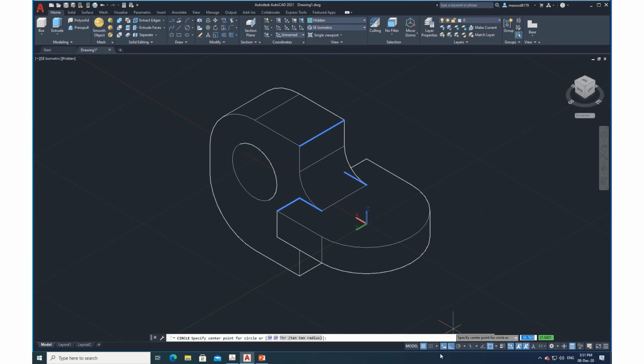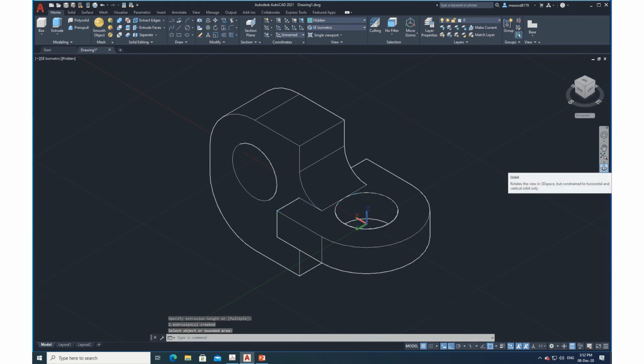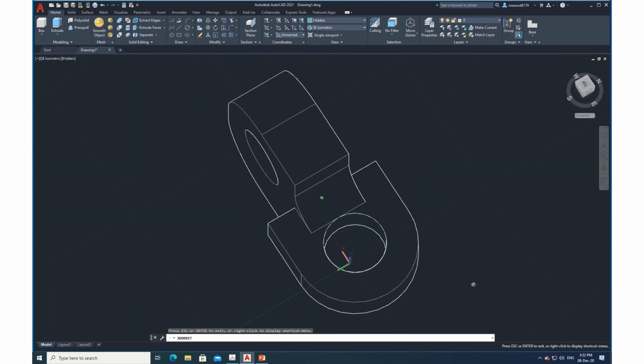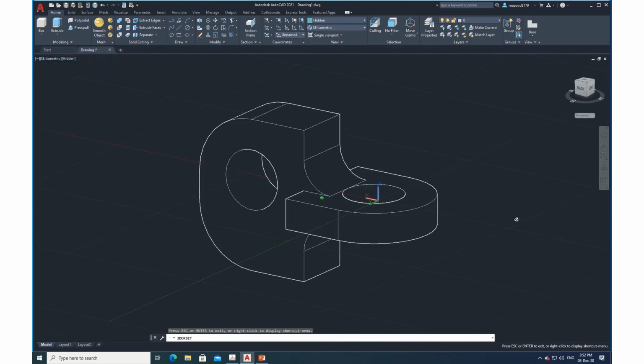Now circle from where? So I need the center. Yeah, see, if center is not there, just go here in OSNAP, mark center. Yeah, center is marked. So I should find it. Yeah, I find it here. See that? Click here. How much is the dimension? 20. Okay. Now just go to press pull. Click on this, just go down. Done. Finish. Your drawing is ready. Completely ready now. See here. See? Everything is done beautifully.